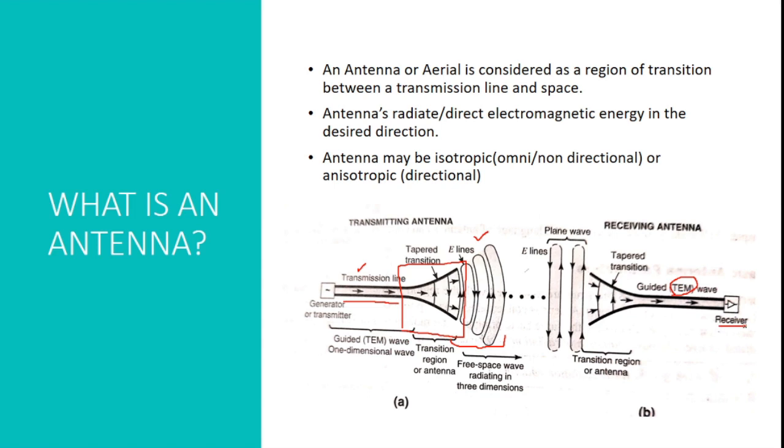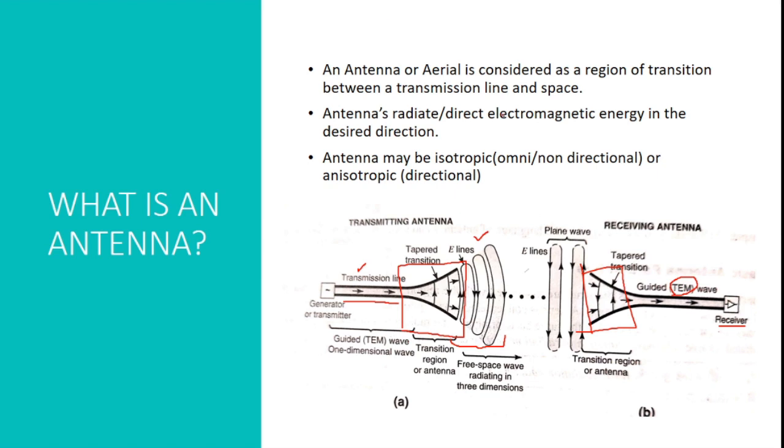So the antenna acts as a transition on the source side, as well as we have the antenna at the receiver side. Right? So this is how we transfer energy from one point to another point through free space, because transmission lines are not capable of transmitting energy in free space. They are only guided structures. We come to the concept of antennas, which transmit electromagnetic energy in free space. That is the meaning of the first definition.